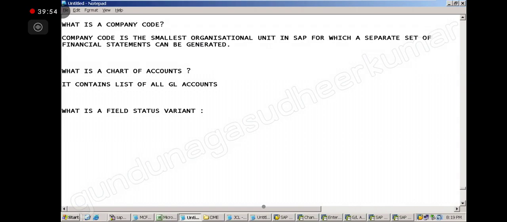What data the user has to enter: mandatory, required. What he may enter, optional. What he should not enter, suppressed.